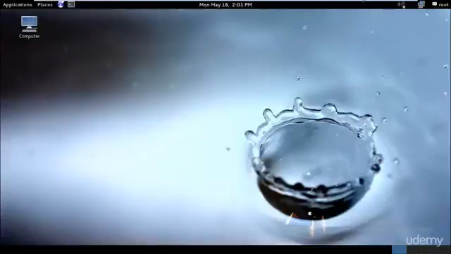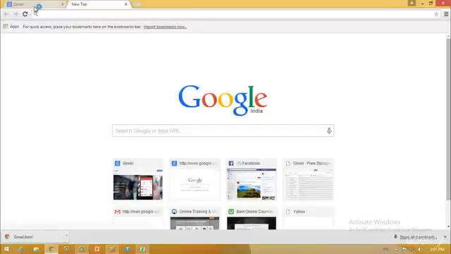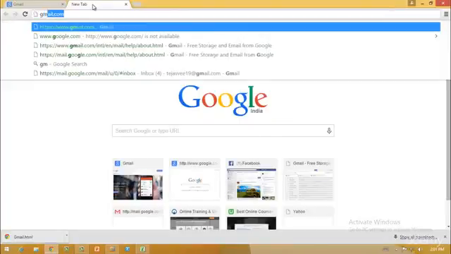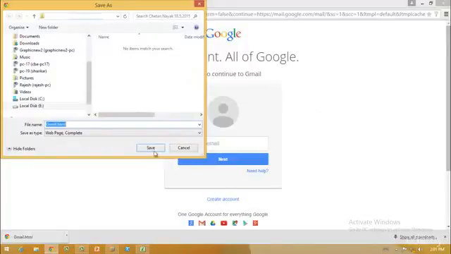So I'll be just using my Chrome before I show you. It's quite far easier in Kali Linux, but it's also easier if you go and try to do it in a different way. So just go ahead and type Gmail, and I already have that over here. And when you get to this step, just right click, save as, and save it in any